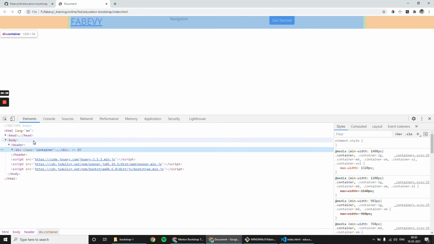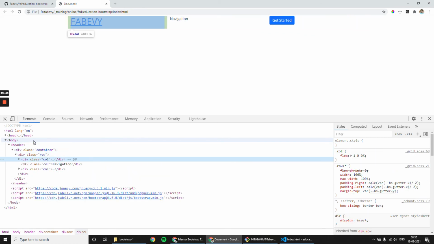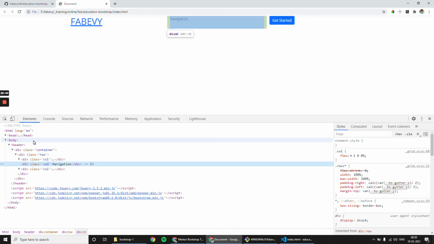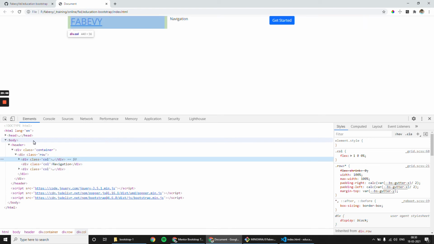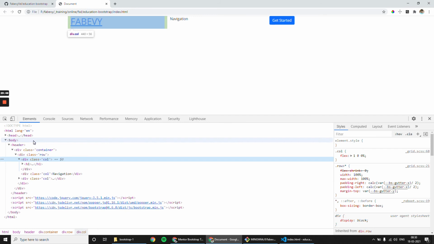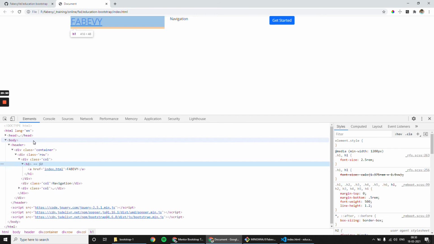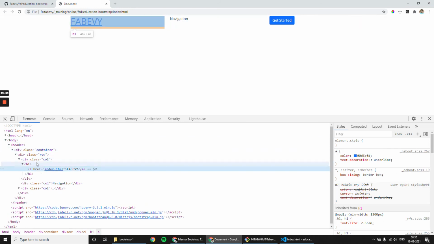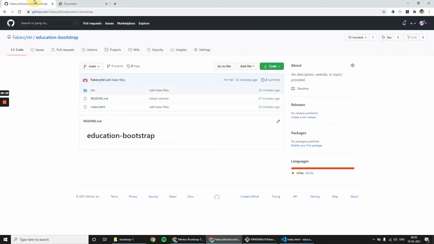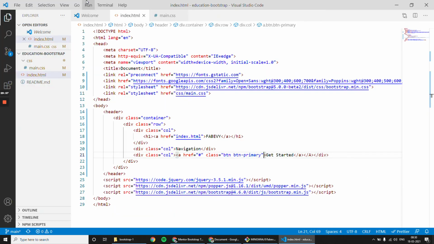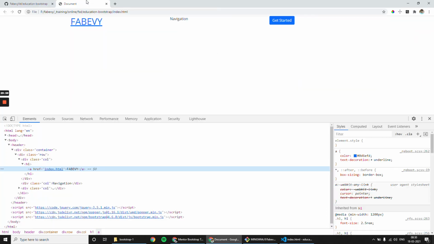Okay, header. We have first column, second column, and third column, and h1. I need to apply some style for this a tag that should match my reference website.